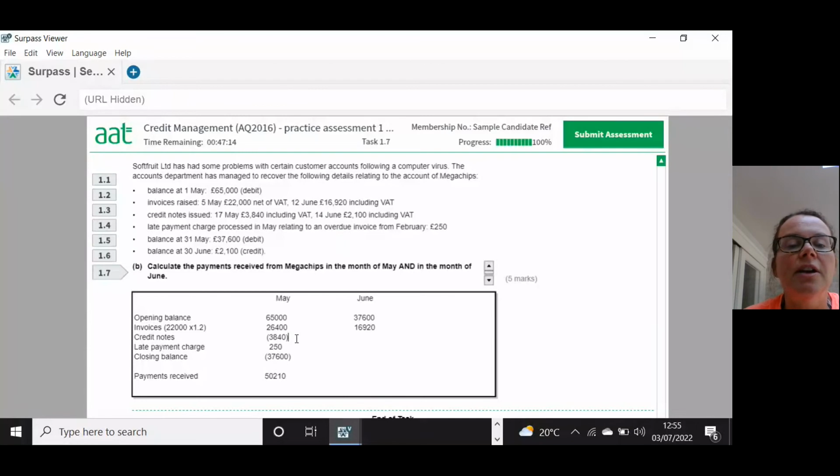And the credit note, this one includes VAT, 2,100. Coming off, oh yeah, there's no late payment for that month. And then the closing balance this time, it says is credit. That means the carry down is a debit, which means it's going in